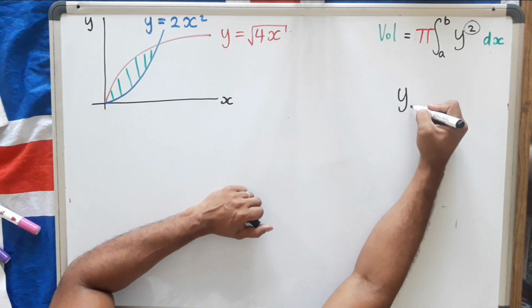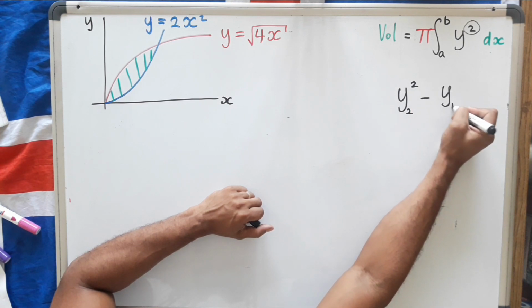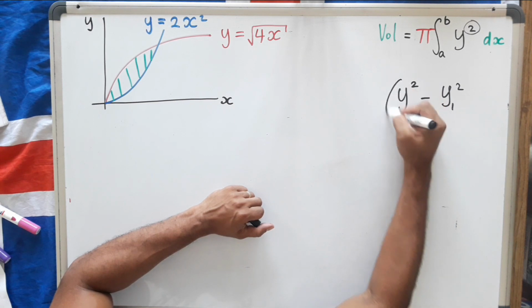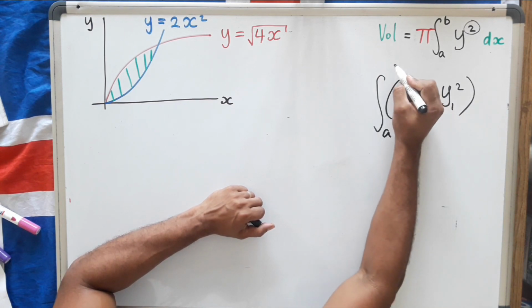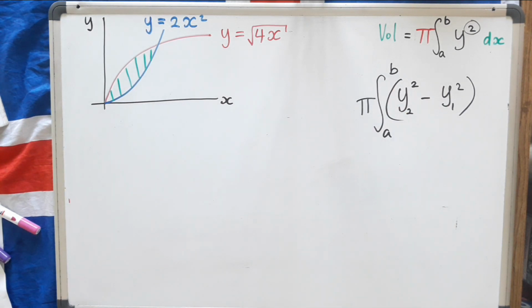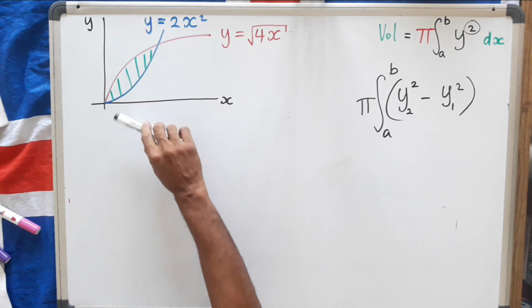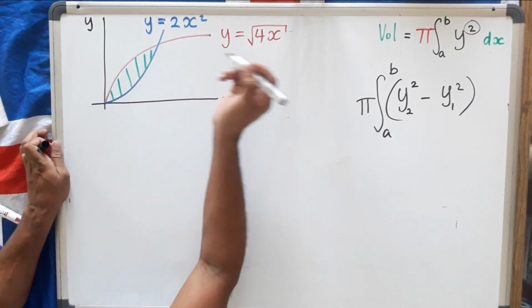It's basically the second graph minus the first graph squared, right? You integrate it between the two regions, and then you multiply the answer by pi. So you have to figure out which one goes first. Remember when we were finding the area, I forgot one thing. We need to figure